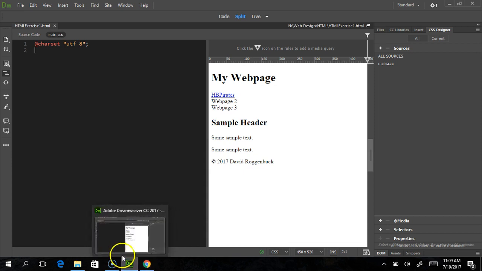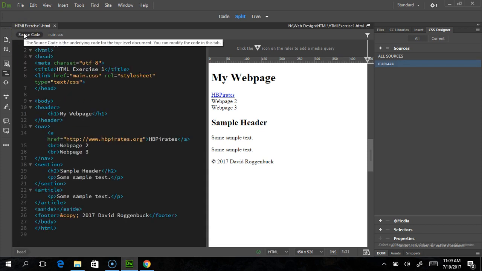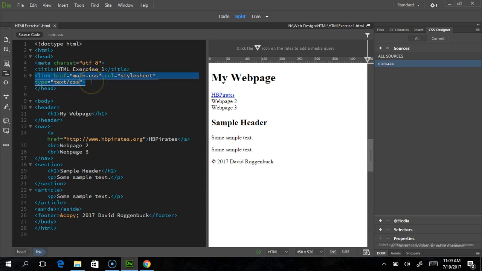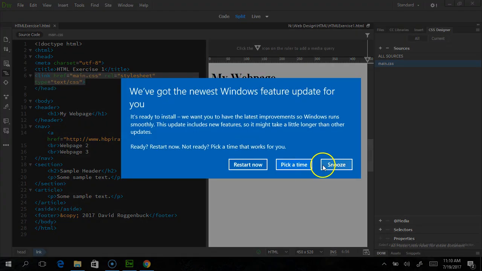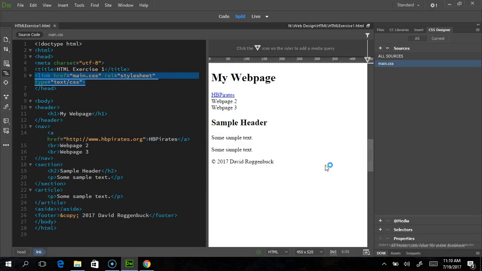So let me just go ahead and bounce back to the CSS code here, and let's talk about that a little bit more. All right, if I go and look inside my source code, of course is my HTML. You'll see here under my title, it's added this link here. Link href main.css, and saying it's a style sheet. This is the code that goes into my web page that tells me that there's changes that need to be made. That tells me there's CSS files that are going to be pulled in. Rather than using a style tag, it uses this link, and then I put all my styling here on its